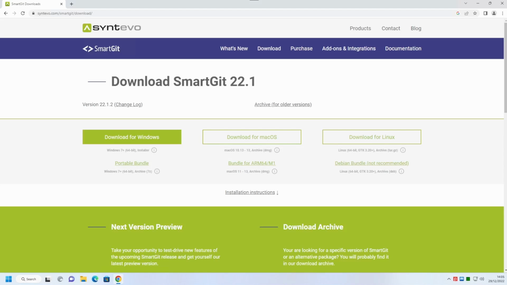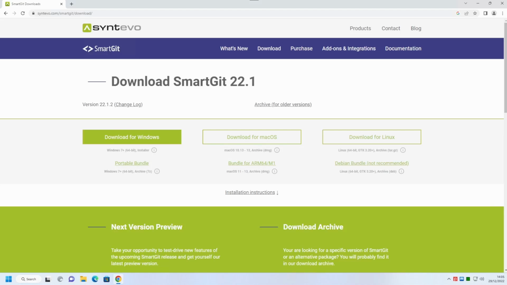Today, we're going to be looking at a version management system. There is already a video in the introduction series on version management. I'll put the link in the description below and you can select it from here. We're specifically going to be looking at an application called SmartGit.